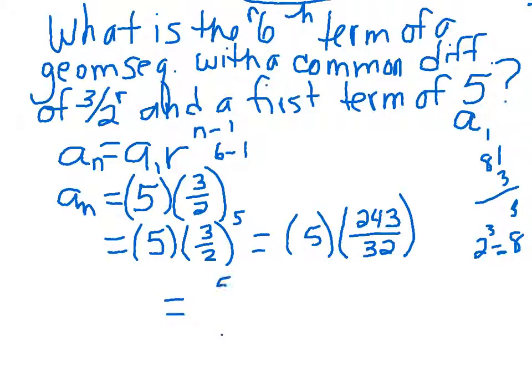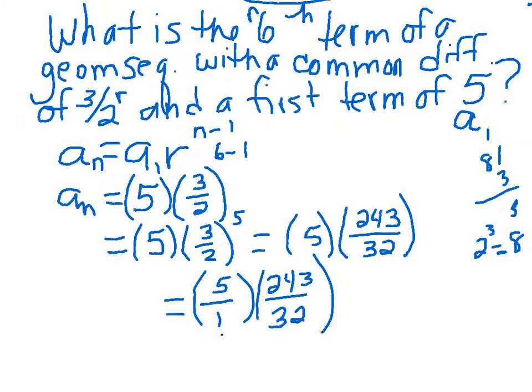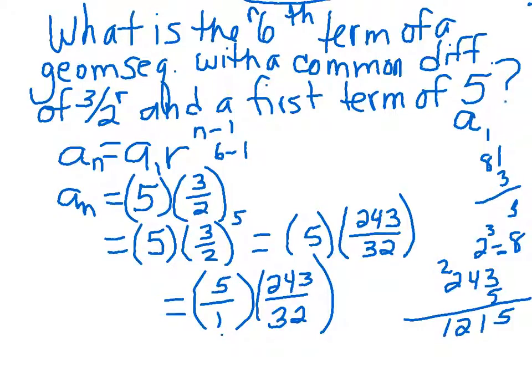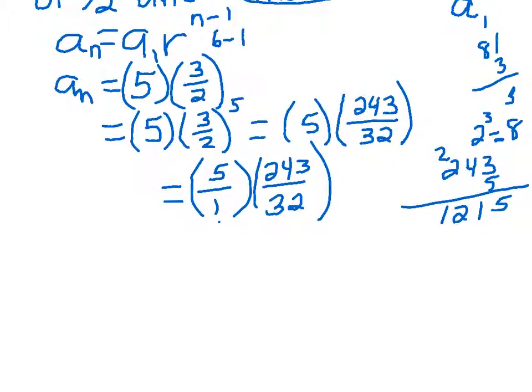And again, I'm just going to rewrite that as 5 over 1 times 243 over 32. And I need to multiply 243 times 5. 243 times 5. 21, 10, 11, 12. Huh. I'm out of room. 12, 15